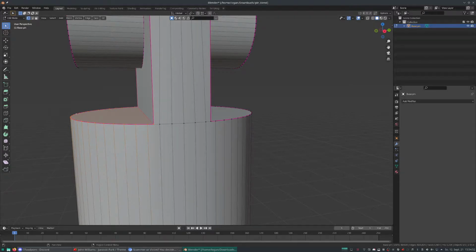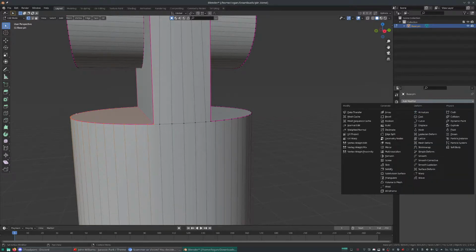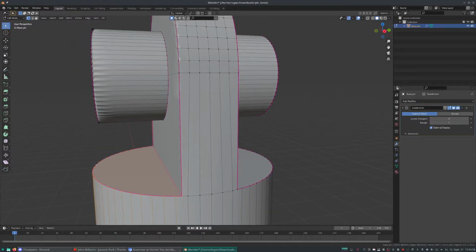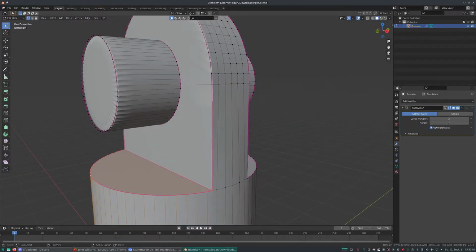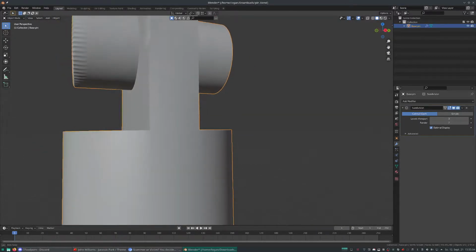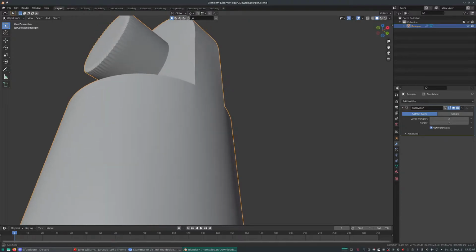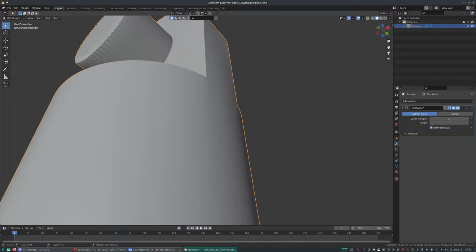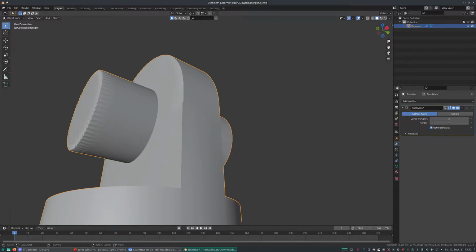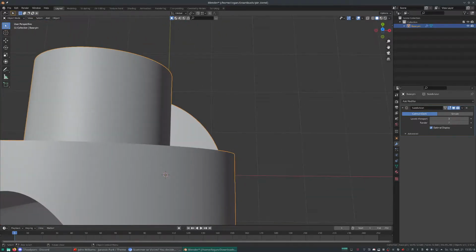And when I now add a subdivision surface modifier and crank it up to like 3, we will see some problems appearing, but this is not one of them. When you go to the object mode, we now have some really light problems here on this edge. And this happens because this here is round, but this here is flat. So you have like a,